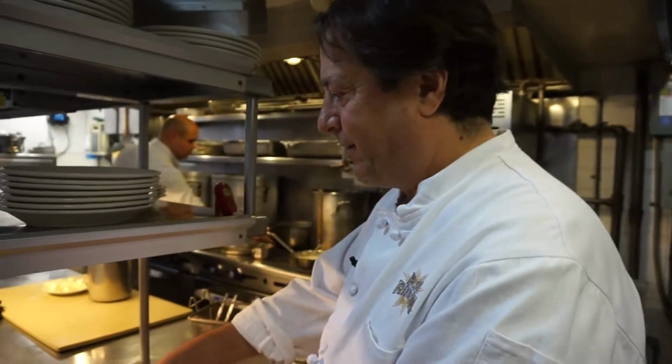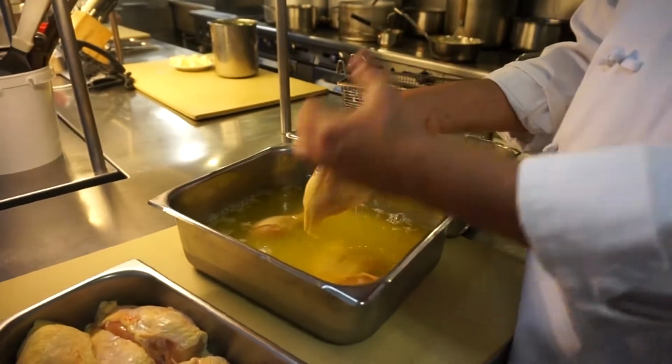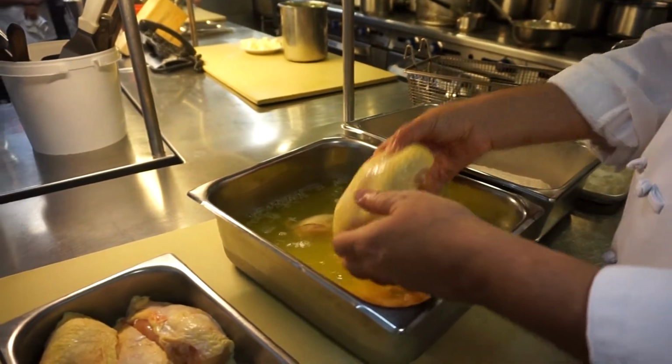I like your chicken for that reason, because I've tested a lot lately, and when the breading comes off in a big sheet, it ruins it. Right, it changes the whole thing. So our idea is that you get crunch with every bite. So we go into the